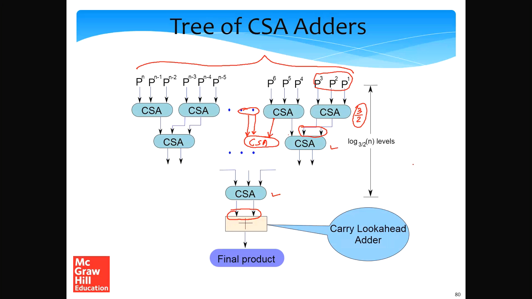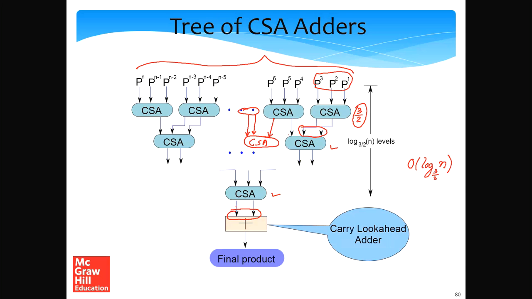So the approximate number of levels that we will require is of the order of log n to the base 3 by 2. Why 3 by 2? It is 3 by 2 because at every level we're decreasing the number of partial sums by a factor of 3 by 2. So we are just adding. And so ultimately we will reach a point where the sum of all the partial sums is just a sum